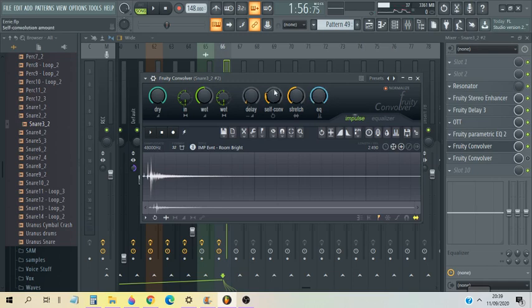The self-convolution amount is 25%, if I remember right. I've stretched it to as short an amount of time as I can, which has also increased the pitch of it, which I also wanted because I want this to be a high, short reverb. Did I put an EQ on this? No, I didn't. And I don't usually do this, but there's 5 milliseconds of pre-delay time, and the reason for that is this sound.